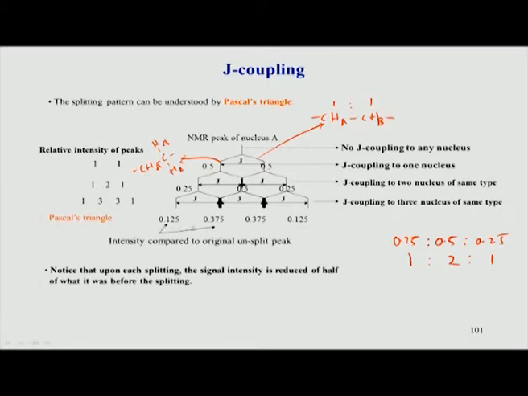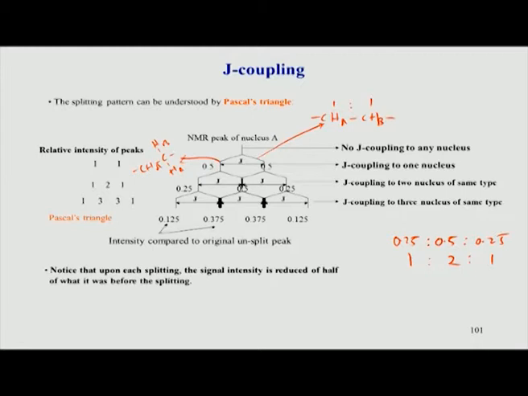The main point here is that we are looking at the relative intensity ratio, which is shown here. If I have 3 peaks with a 0.25, 0.5 and 0.25 ratio, it becomes 1:2:1. This is a triplet because there are 3 peaks. Similarly, you will have a quartet, a pentet, a sextet and so on, and that is how the splitting pattern goes about.